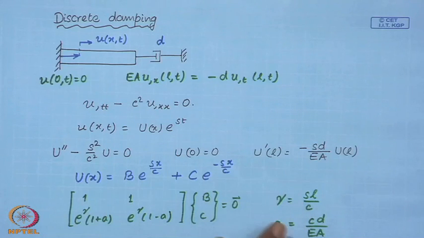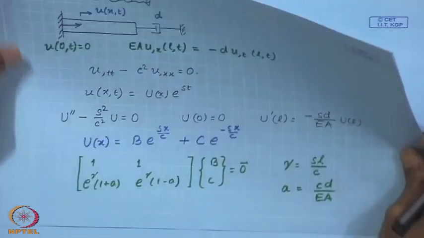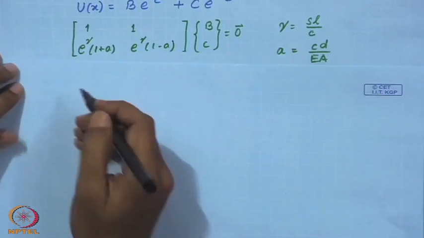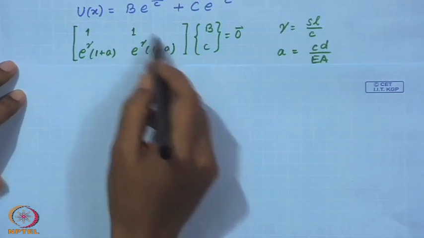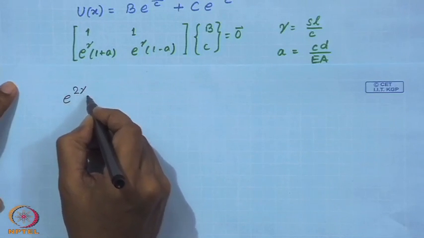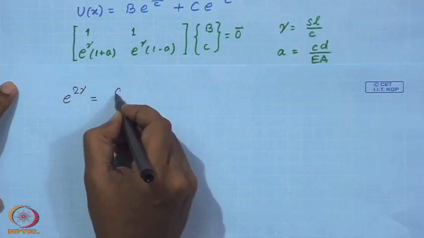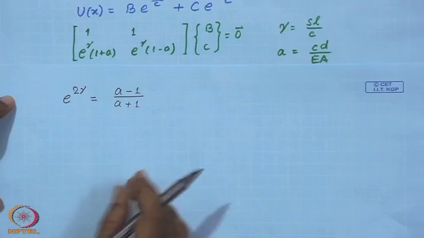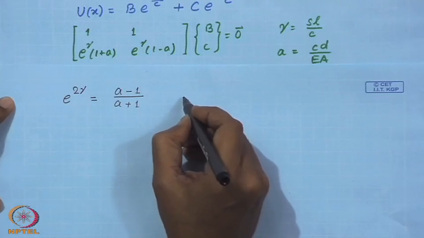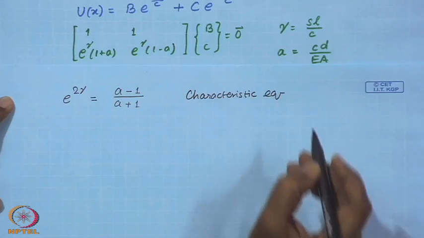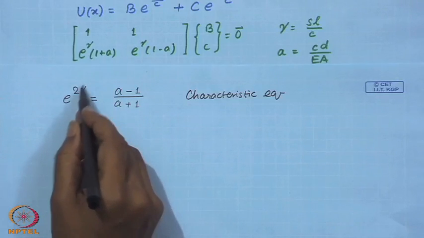So, we have to solve this system. For non-trivial solutions of B and C, the determinant of this matrix must be 0, which leads us to, as you can very easily find out, the characteristic equation, which can be solved for gamma